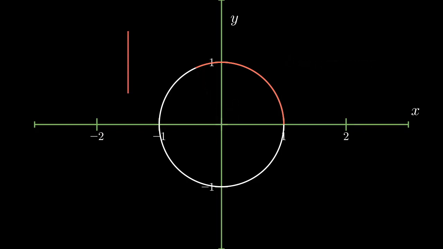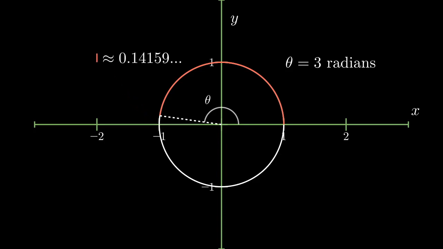We can create a third radius and lay it down again, and notice that this is so close to getting us halfway around the circle. 3 radians gets us almost 180 degrees. And at this point, we're really curious what that remaining length is we'd have to travel to get halfway around the circle. We could take that length out and measure it, and what you'd find is that it's approximately